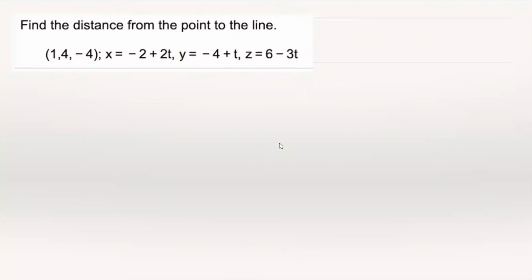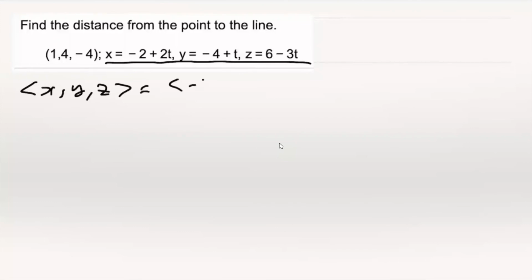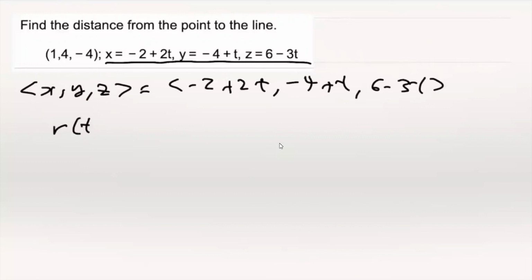However, this line, we can easily convert from parametric to vector form as follows. So this is the same as x, y, z, sticking it in a vector, is equal to minus 2 plus 2t, comma, minus 4 plus t, comma, 6 minus 3t. This is an arbitrary point on the line. We'll call it r of t. And then writing it as a sum of two vectors, that's negative 2, comma, negative 4, comma, 6